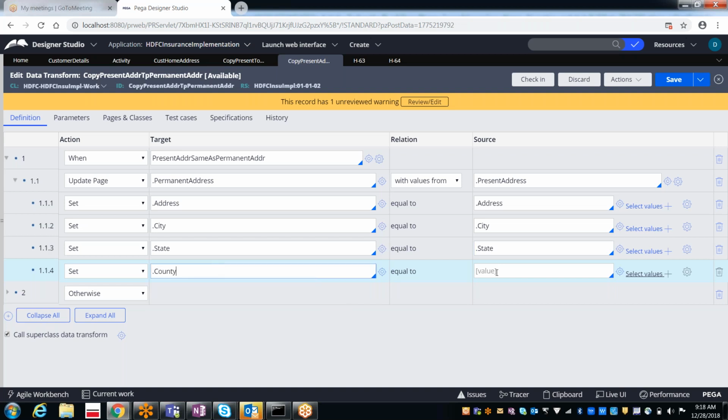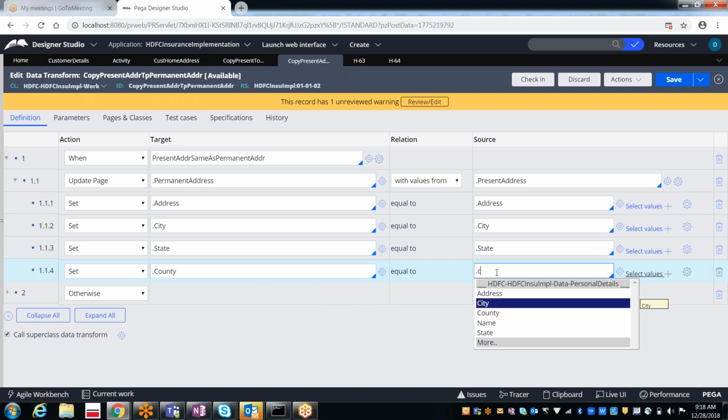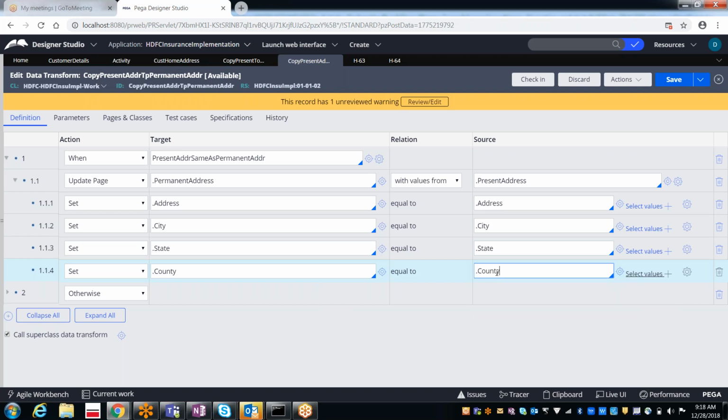Country with dot country. Right? So the values from the present address dot address go to permanent address dot address. Like this, we are copying the values through the update page.